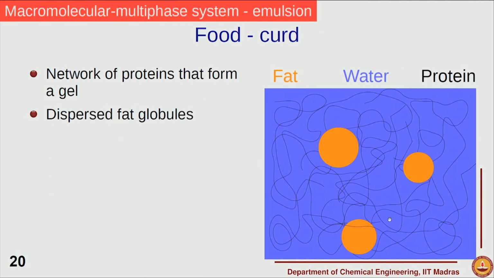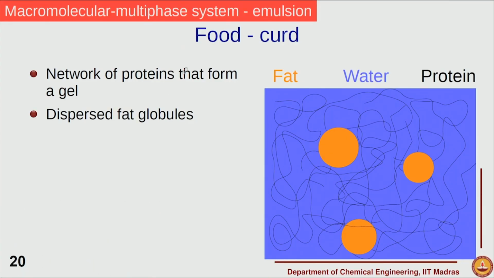And so, the examples that we look at, we will start with a material which is quite commonly used, curd, and curd is again a solid like material. We would like it to be less runny when it is consumed for us to give a good feel about its richness and texture. And curd is basically formed by a network of proteins which is casein, which comes from